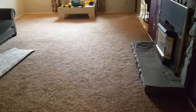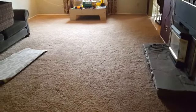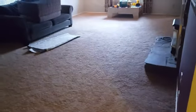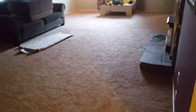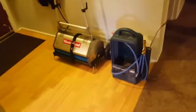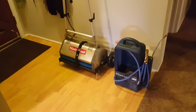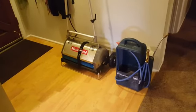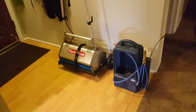And then we're also going to be dealing with the matted hair with the brushes on that CRB, which I will show a little bit more for you guys who are interested in what a CRB is and how you can use it. It's probably one of the most versatile tools in your toolbox that you could possibly have. So when you're asking, should I get the CRB or should I get some sort of a rotary tool for the carpets,